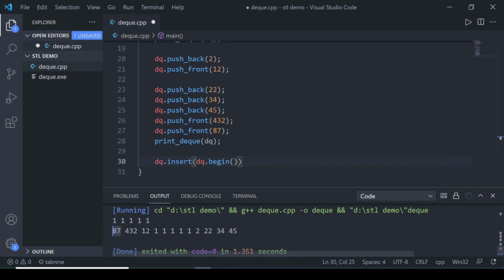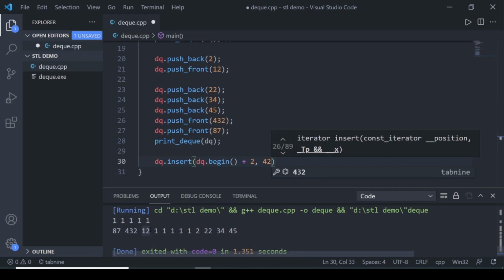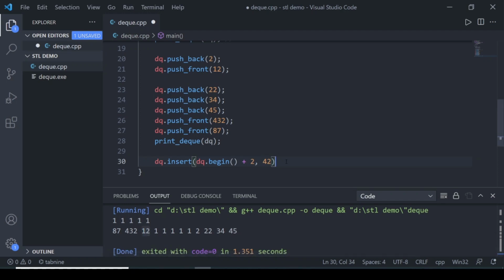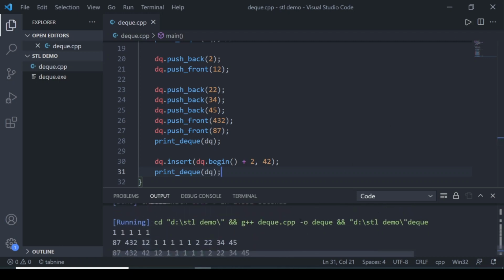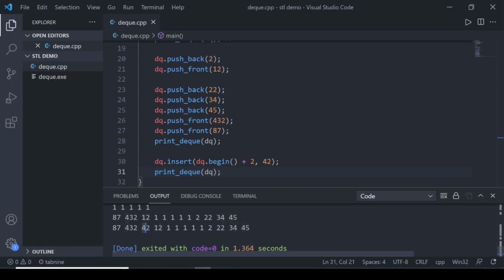To go 2 positions ahead, we can just say dq dot begin plus 2. This is the position of the iterator where 12 is placed. So if we want to insert a number 42 here, then after that come all the elements 42, then 12, then 1. So let's print the elements. Okay, so you can see that 42 has been inserted.